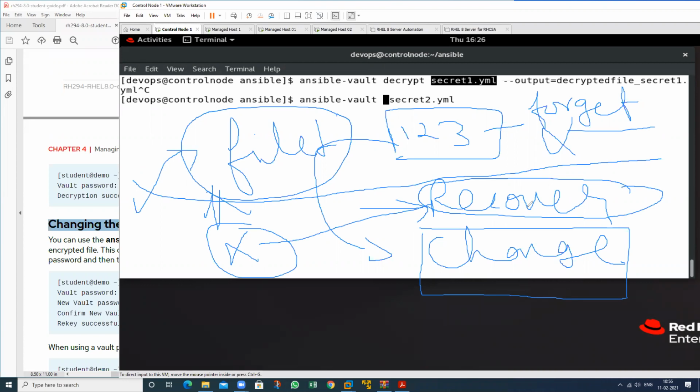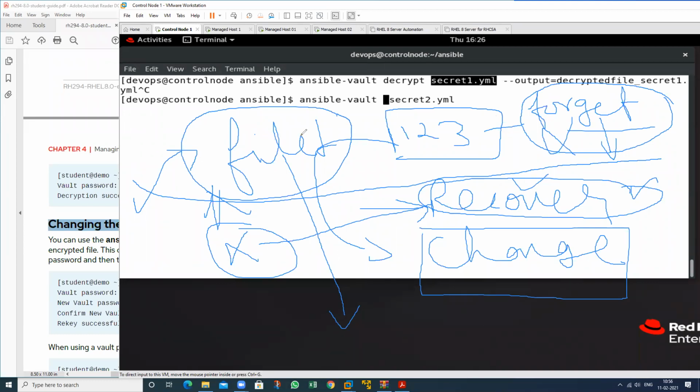So this is the full algorithm. Suppose this file is hacked by any hacker, so he can recover this file by any software, but he cannot see what is in this particular file if he doesn't know the password. Suppose any hacker accesses this file, but this file is encrypted through Ansible Vault. He cannot access it. He can't recover or repair it. There is no recover functionality in this.